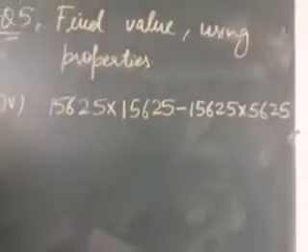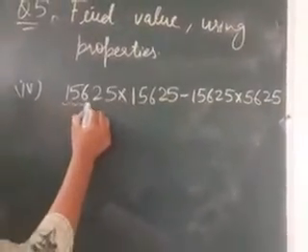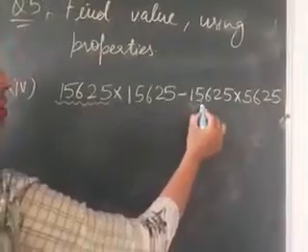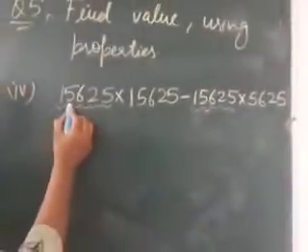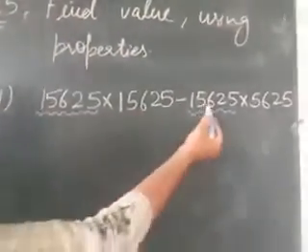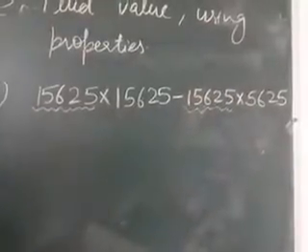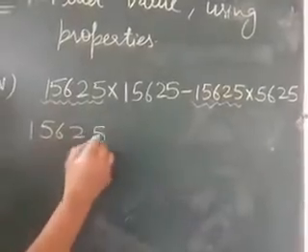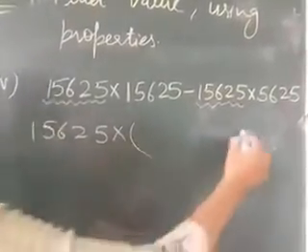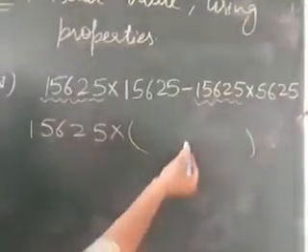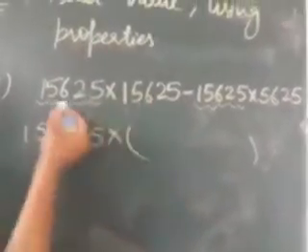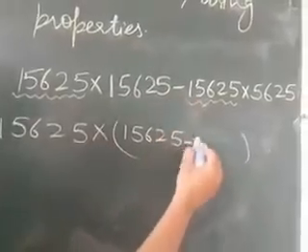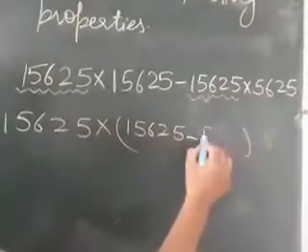Similarly, look at its fourth part. This number 15,625 is here, and in this multiplication this number is here. So it means this number is distributed with this number and this number is distributed with this number. So we will take this number common, we will write it once and then the multiplication sign, and then the remaining numbers with subtraction here. From this product this number is remaining, then minus sign, from this product this number is remaining.